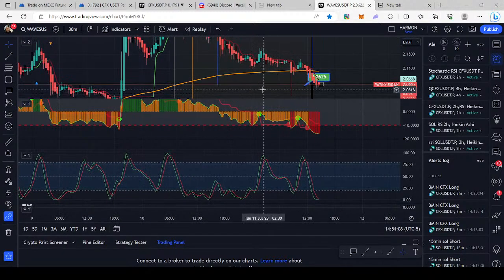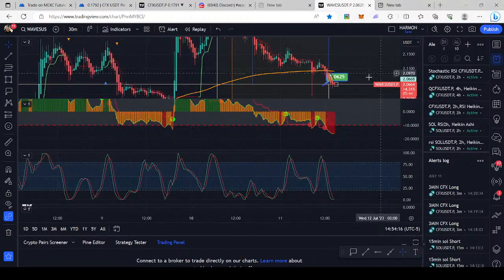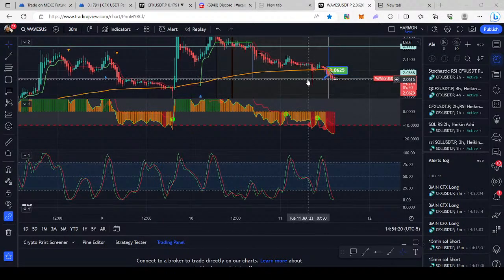The third one happened here. Here's another entry on the 30-minute headed down. Boom. Nice, huge gain. Look at that. This is why you wait for that 30-minute to go up. Wow. Look at that. If you would have waited for your 30 to go to the top, which we're doing